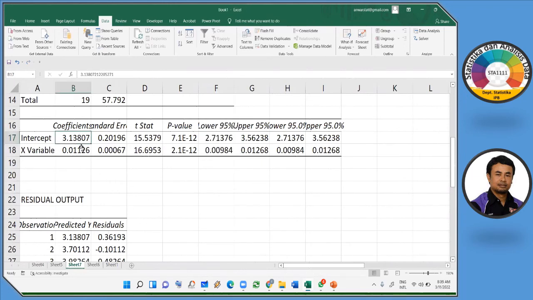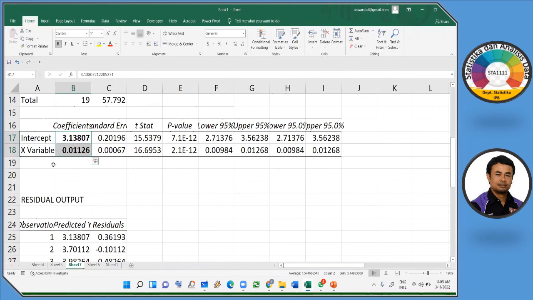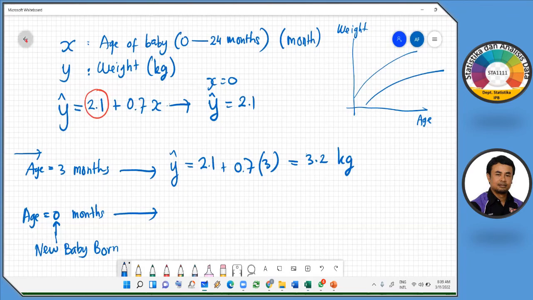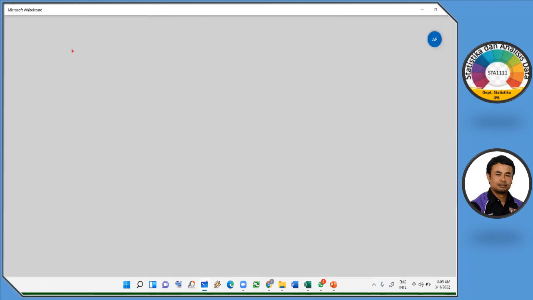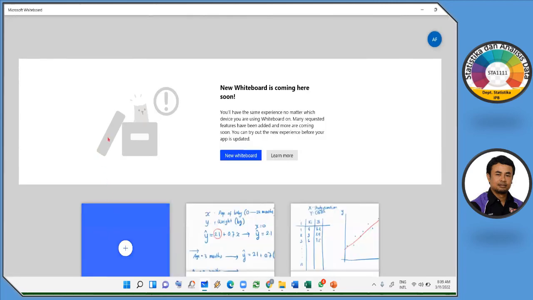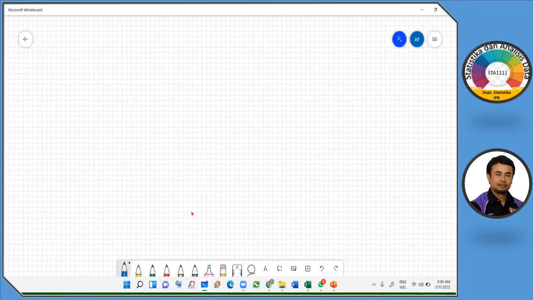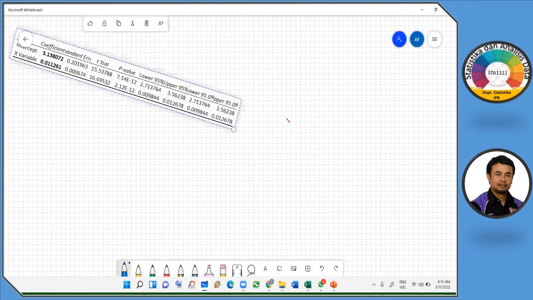B0 is equal to 3.13. Let me highlight this one, and then the X. Let me just bring it to the whiteboard. Let me copy it, then go here. Okay, based on this output,